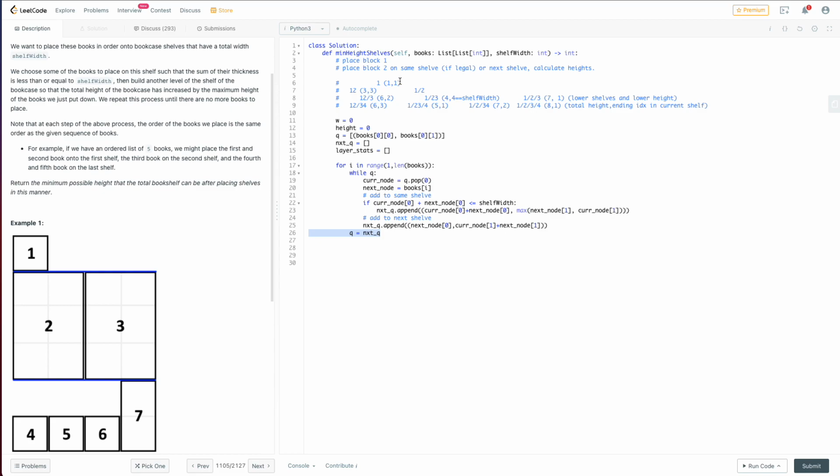When everything's, when we're at this layer, there should be no more. It'll be the last iteration of I. So